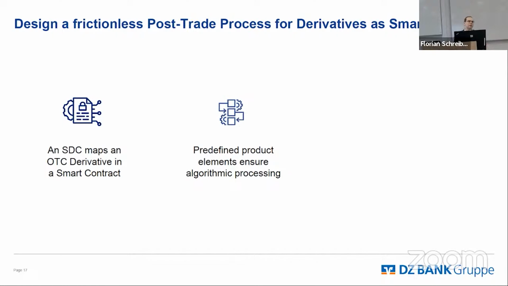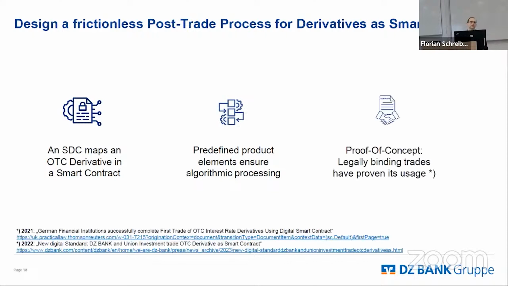So fully Turing complete, fully determinism. This is the way we need to do it. And now at DZ Bank, we did this experiment twice. So we traded this product as a new derivative together with Bayerische Landesbank in 2021, 2022 with Union Investment as a new form of the derivative with, as I said in the beginning,